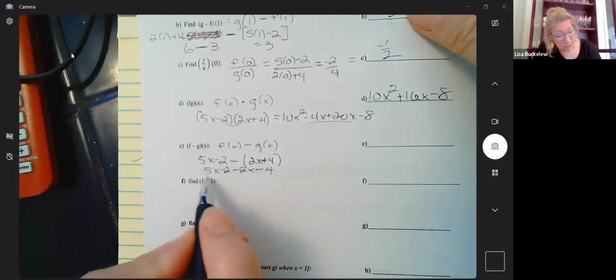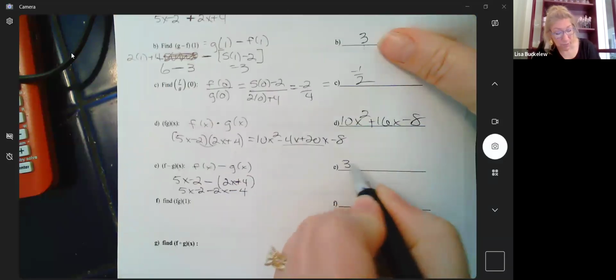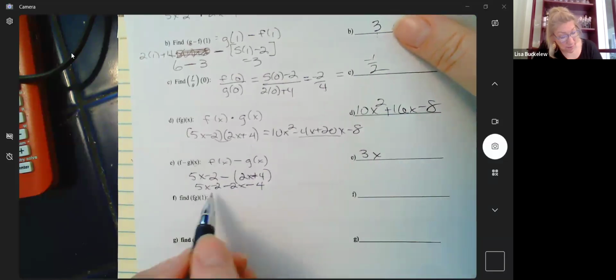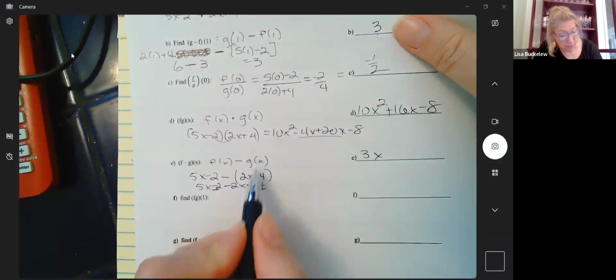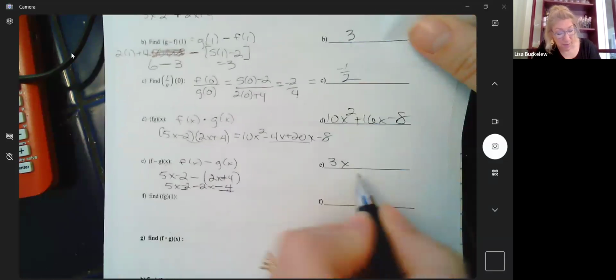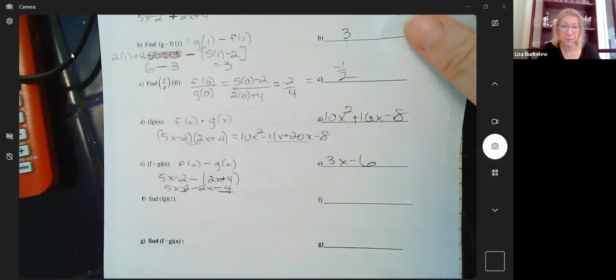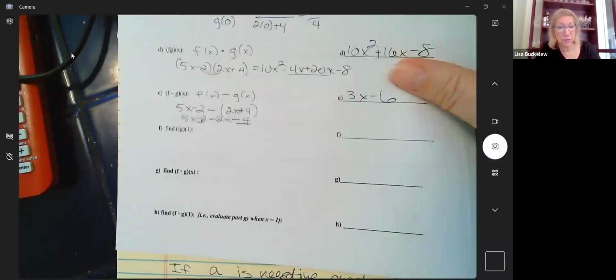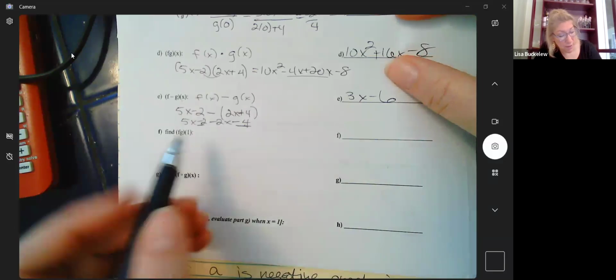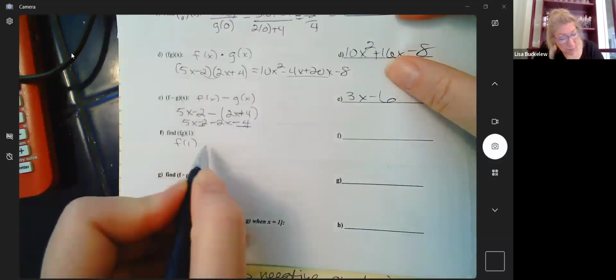All right, now let's look and see if we can put together our like terms. I have 5x minus 2x will give me 3x. And then I have negative 2 minus 4. Should be a minus back here. You had to flip signs because it was being subtracted. So that's minus 6. Okay. All right,